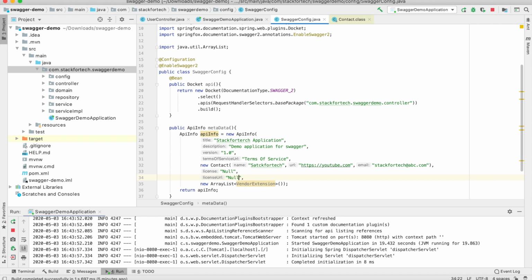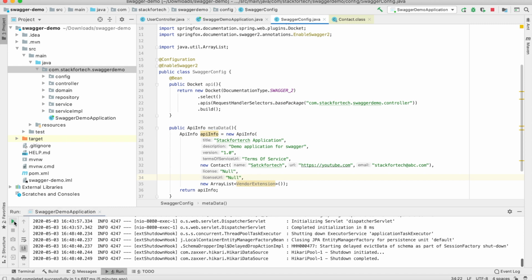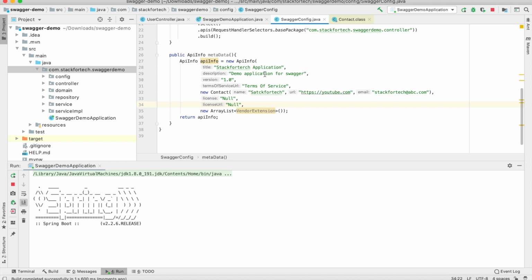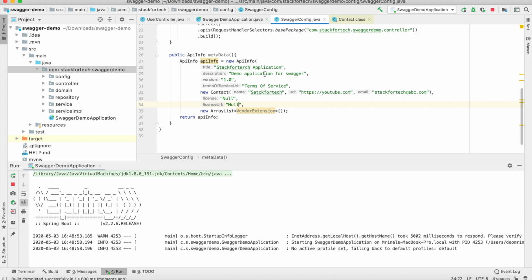So this is pretty much done. I'll just restart the application and let's see what happens. All these details should show up in the dashboard or the UI basically. So let it run and then we'll be seeing that.